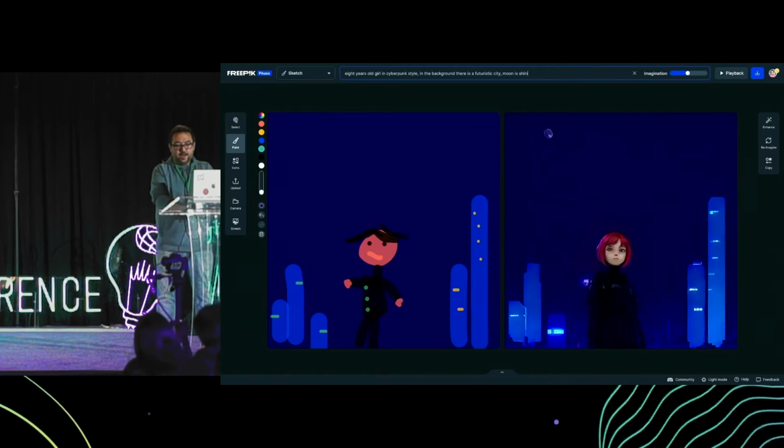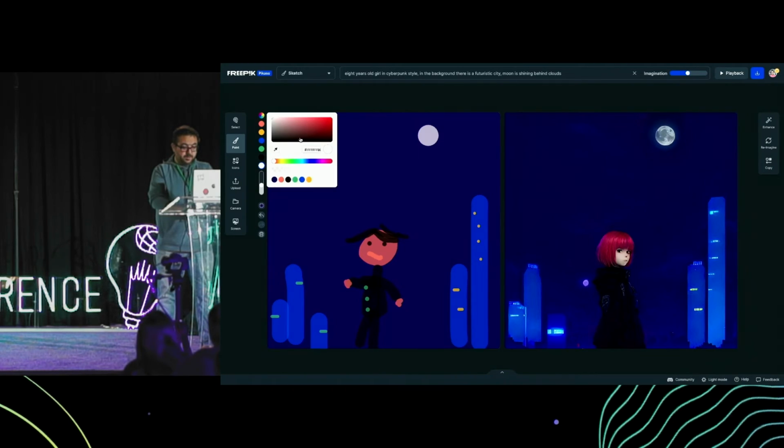Let's add the moon now. The moon is shining behind clouds. Now I can add a big moon here. And now I can add a little bit of clouds in a different color maybe.